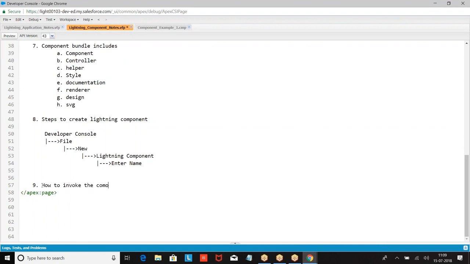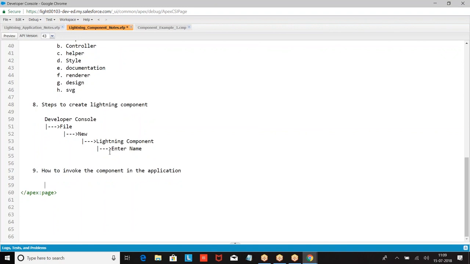Invoke the component. How to invoke the component in the application? So how do you invoke?